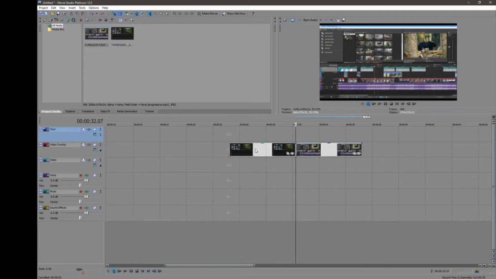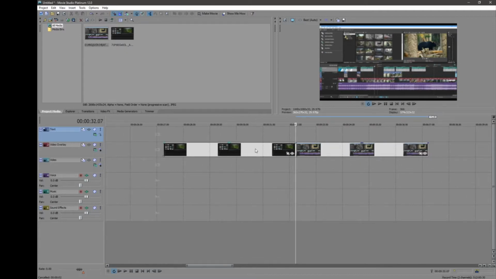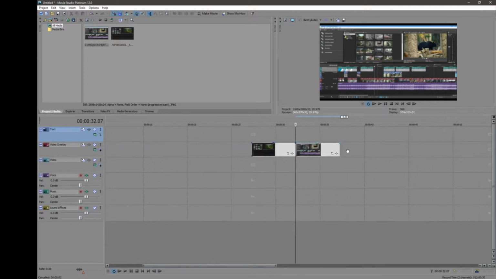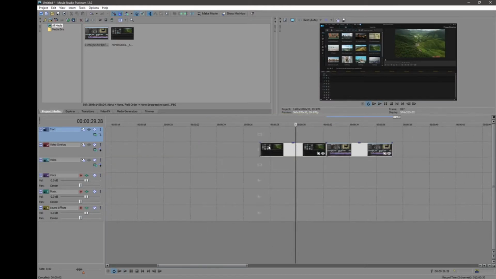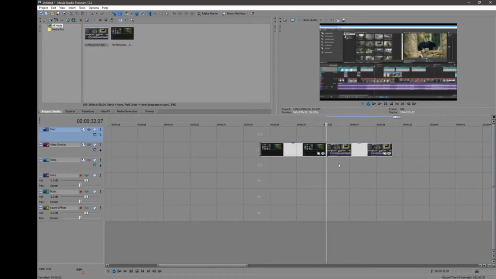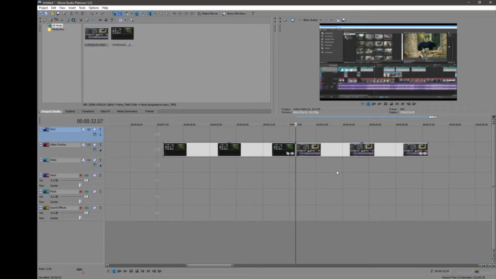So what we'll do is we'll zoom right in and we'll have a look at a few of the bits and pieces that you can actually do. So obviously zoom, and it tends to zoom in on wherever the timeline marker is. So if I move that over and zoom in, it will center on that. So what we can do, we'll zoom right in and we're going to show one of the basic functions that you can do, which is